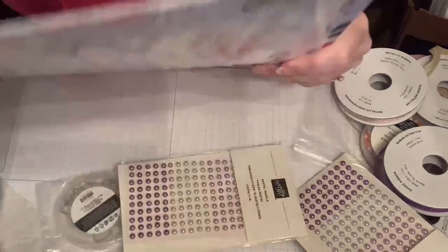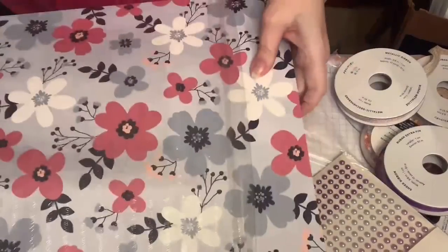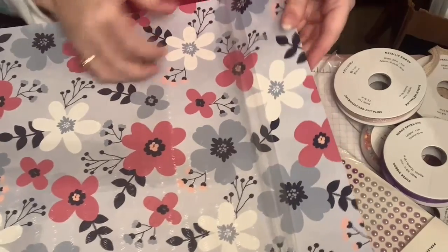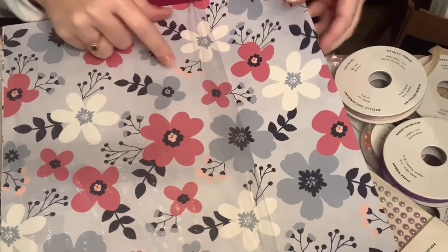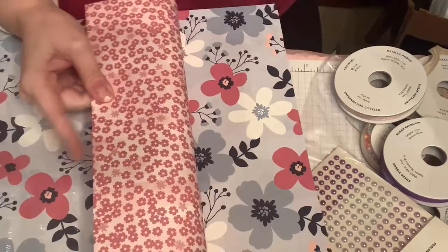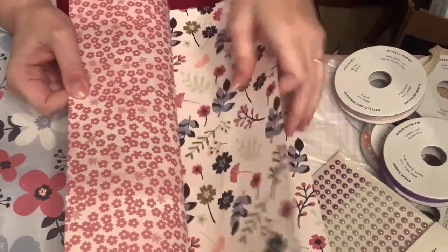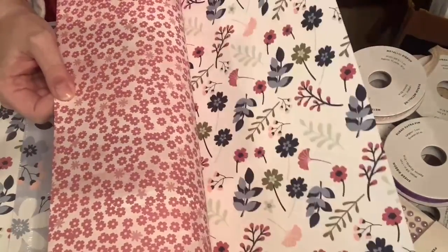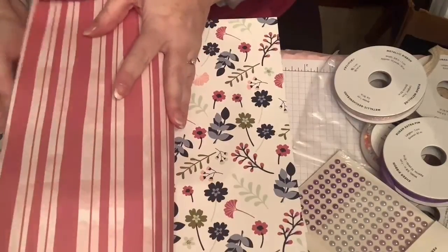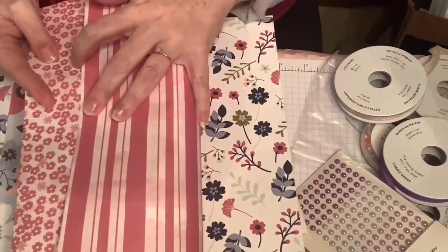And this is the last Sale-A-Bration paper. It is called Paper Blooms, and so it kind of focuses on Night of Navy and Seaside Spray, some navy sort of colors. So this one you can see has the Rococo Rose and the white, a little bit of petal pink there. The back side looks like a Rococo Rose and maybe petal pink or just light Rococo Rose. This is kind of a pattern that's similar colors, has some old olive in there on white. The back side is a stripe that looks very much like this one, so those kind of go together